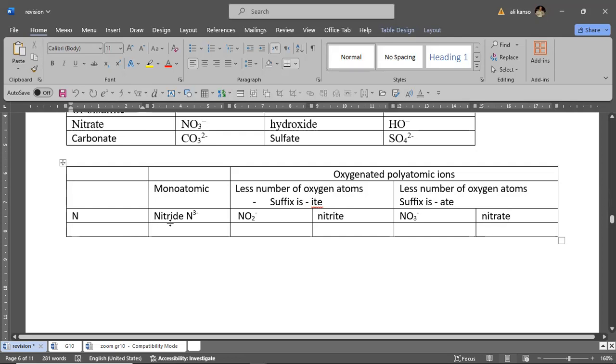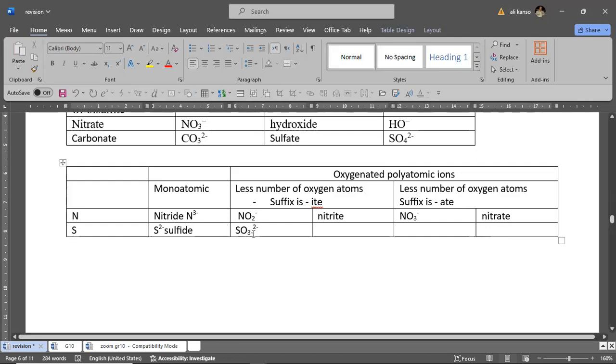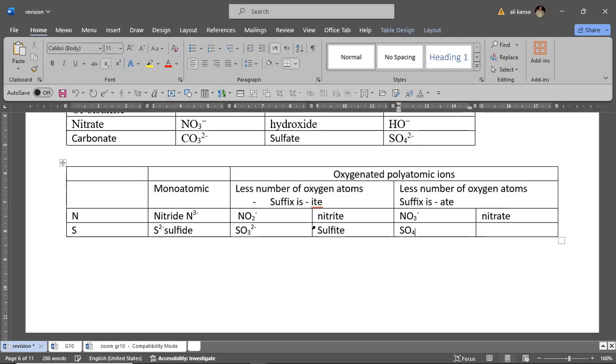Similarly with S. S is S2 minus. Since it is monoatomic, it is sulfide. Here we have SO3 2 minus, okay? SO3 2 minus, we call it what? Its suffix must be ite. We call it sulfite, okay? SO4 2 minus must be called sulfate,